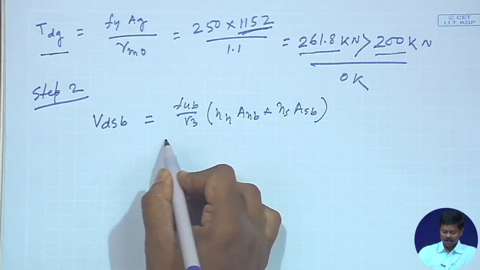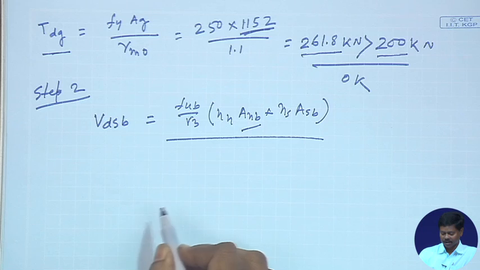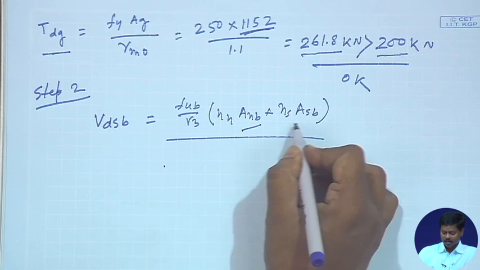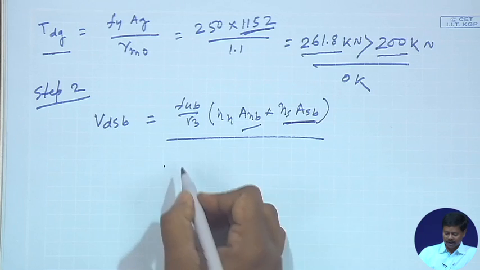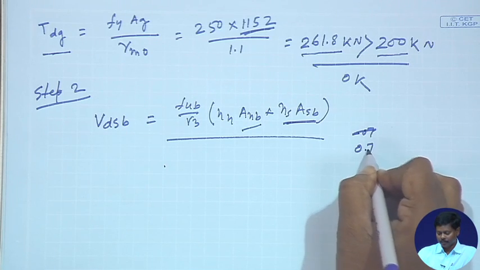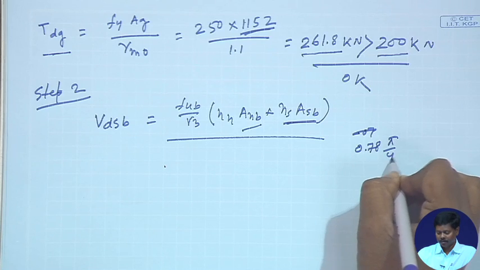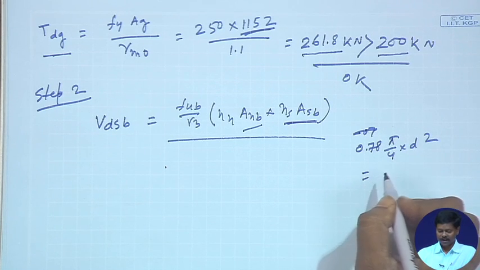Now, if we assume that shear plane to pass along the thread, then this will be 0, along shank it will be 0. So, net area will be 0.78 pi by 4 into d square. Okay. So, net area will become